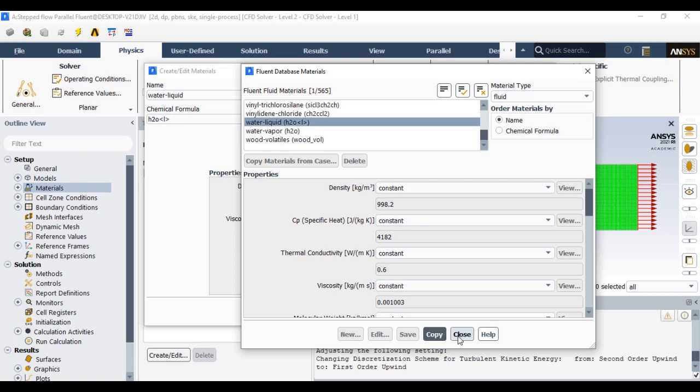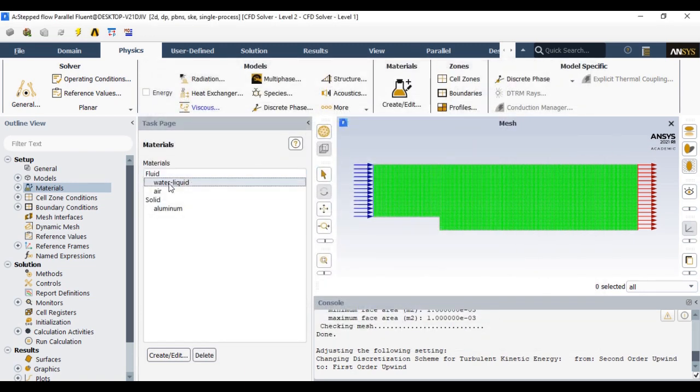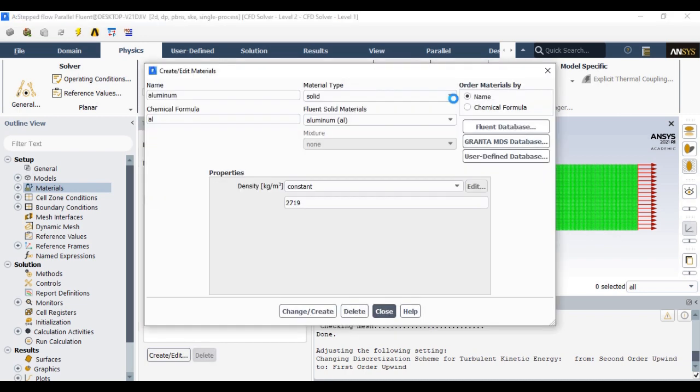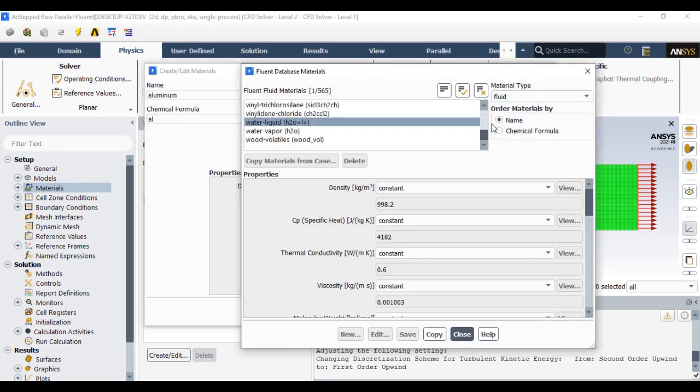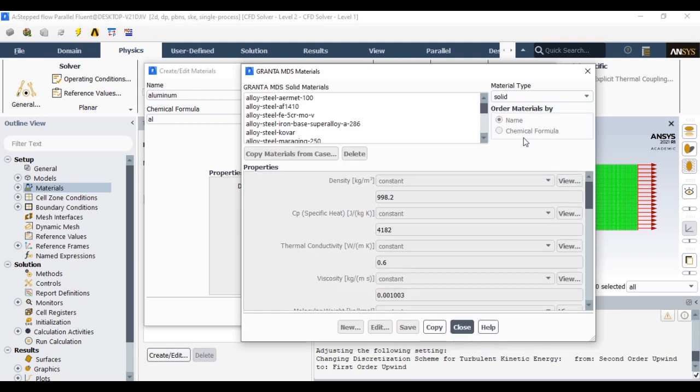If you wish, you can also change that property. So in that way water is added to our material database. In the same way you can also add a solid if you have that type of problem. There is also the Granta material library available, where a lot of composite materials are available to incorporate their properties.